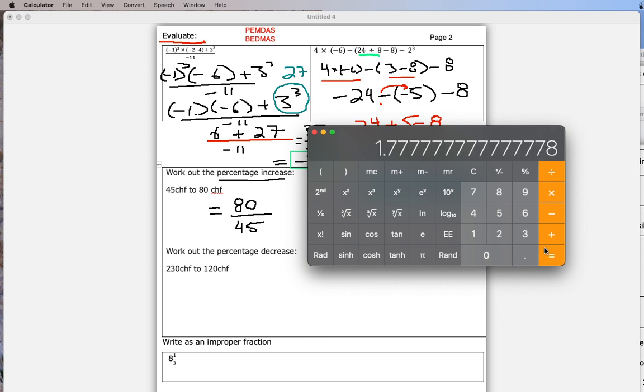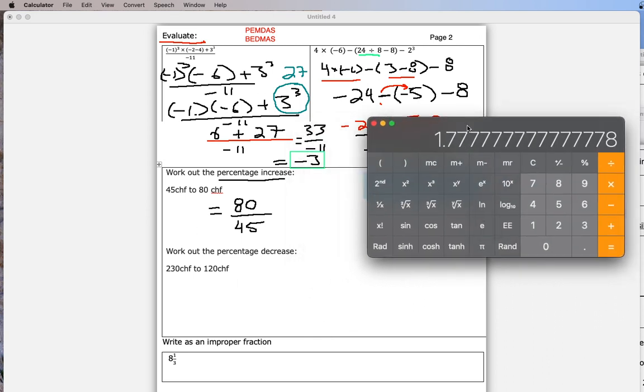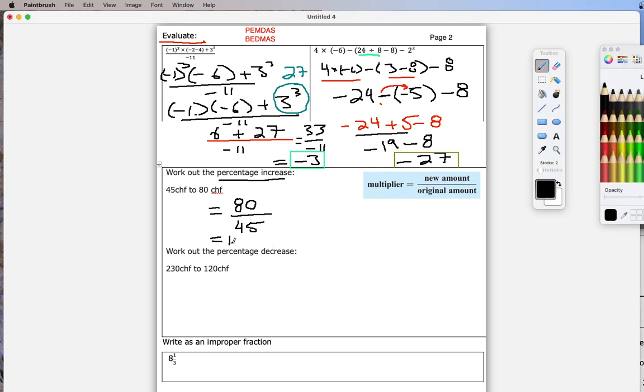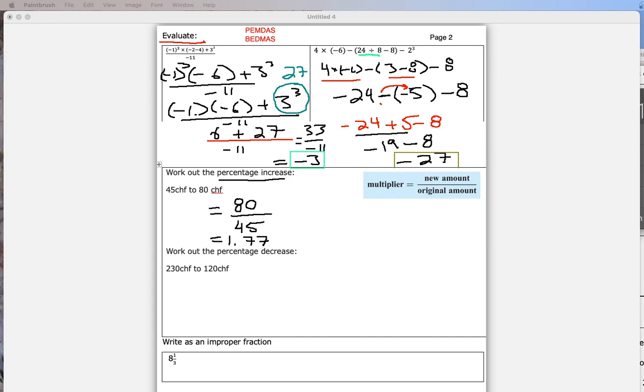And if you do that, you get 1.77777. So now we get 1.77. Okay. And now let's just check what the document says again, just so that we can use our notes